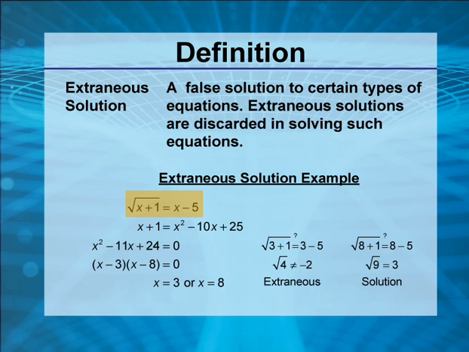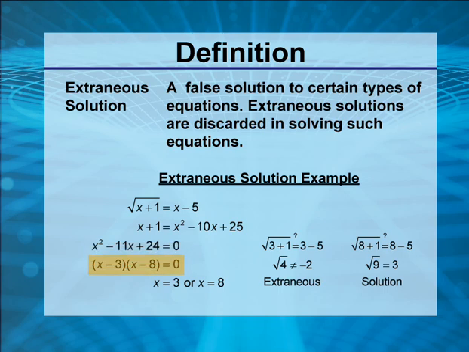solve for x, square both sides of the equation. We get x plus 1 is equal to x squared minus 10x plus 25. Putting all x terms on one side of the equation, we get x squared minus 11x plus 24 is equal to 0. This is a quadratic equation, which factors into the product of the linear binomials x minus 3 and